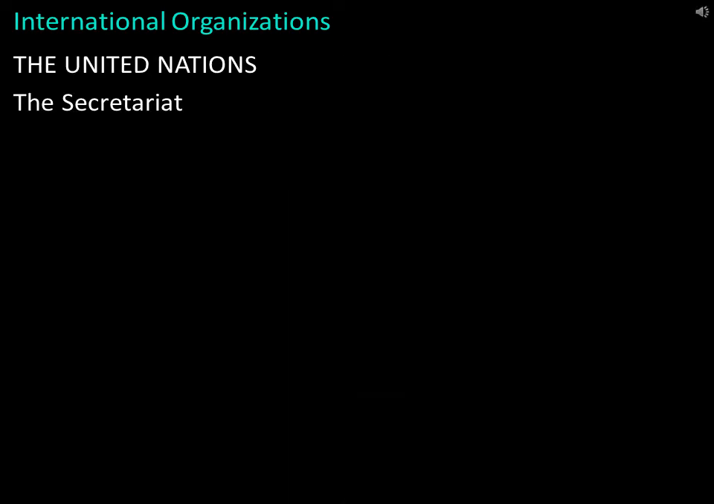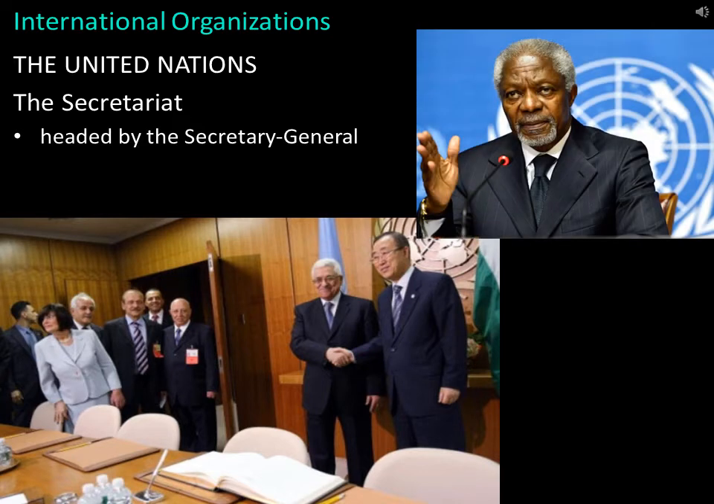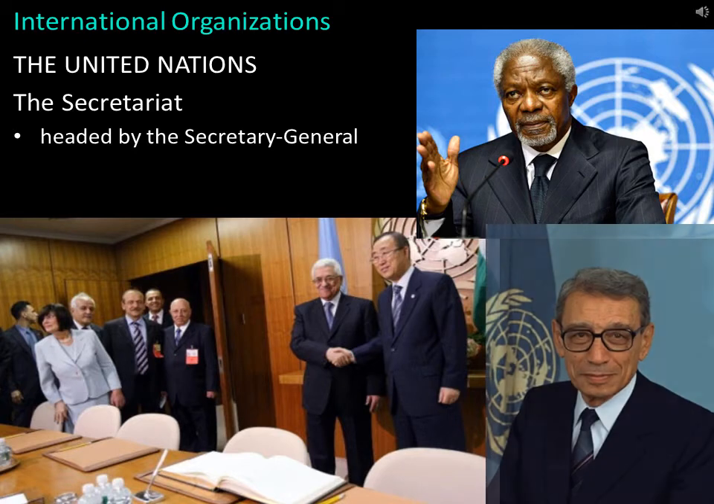The Secretariat. The Secretariat is the administrative body of the United Nations and is headed by the Secretary General, currently Ban Ki-moon of South Korea. Other recent Secretaries General were Kofi Annan of Ghana from 1997 to 2006 and Boutros Boutros-Ghali of Egypt from 1992 to 1996. The Secretary General is appointed by the General Assembly on the recommendation of the Security Council for a